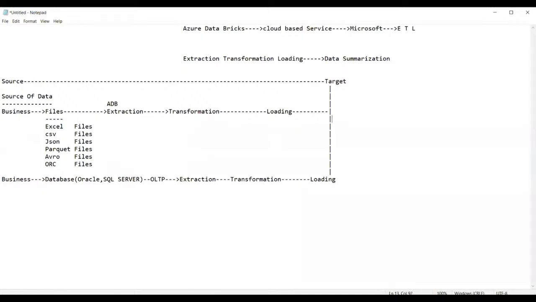Finally, the data reaches the destination. Target is nothing but the destination. Okay, now next one.